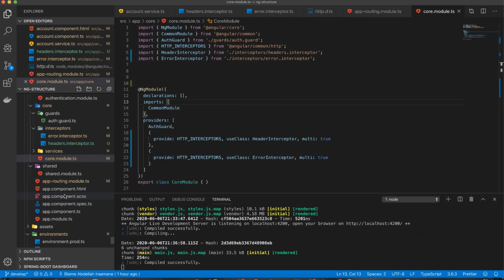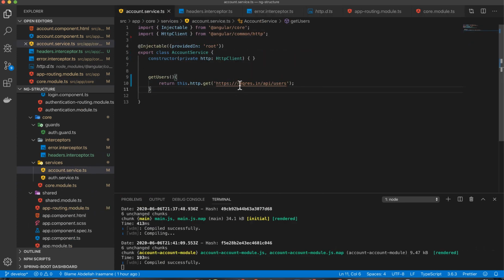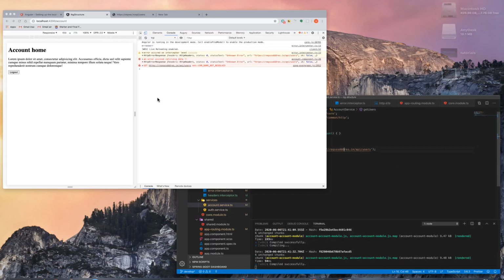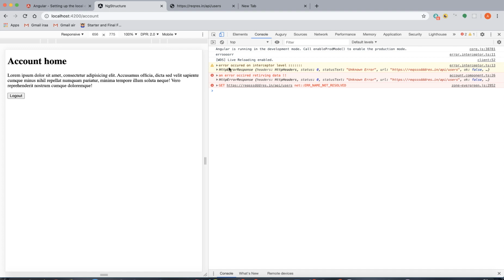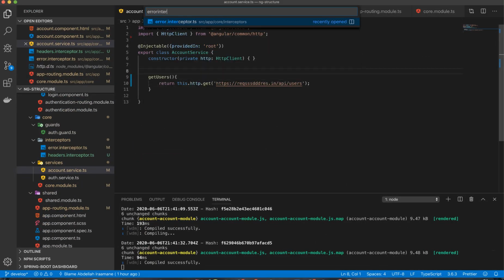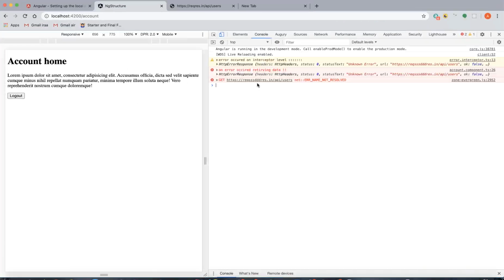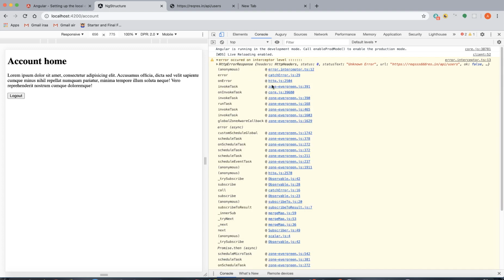So let's try to cause an error. Account service, that's where we have our URL. So let's change a couple of things, just to make sure there's an error here. And now if you look at it, error occurred at interceptor level. This is the first thing we see. This error is just a console log statement I added to our error interceptor. So if that runs and there is an error indeed, we should see this error occurred at interceptor level as